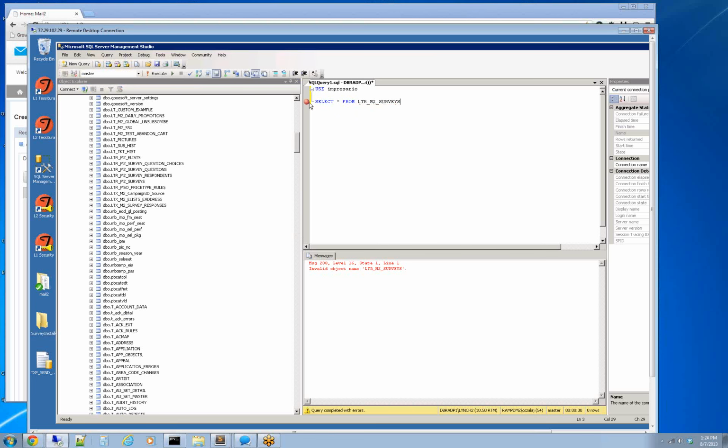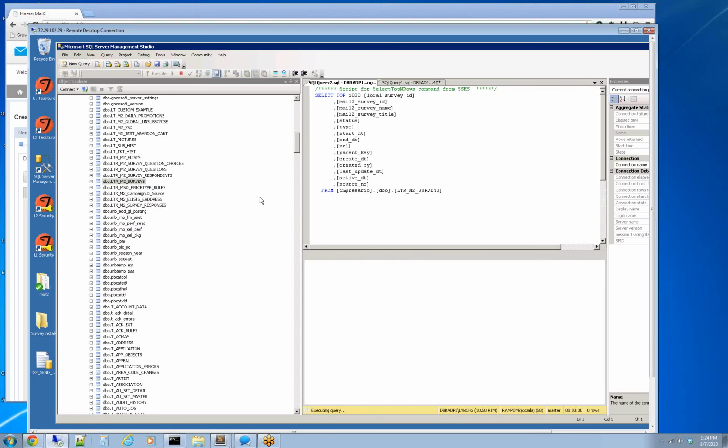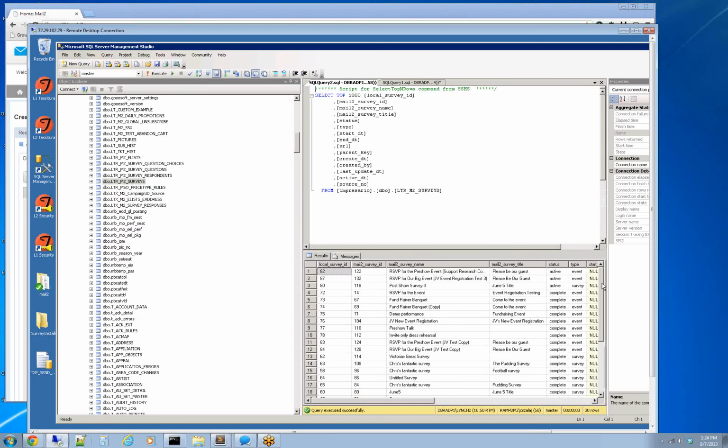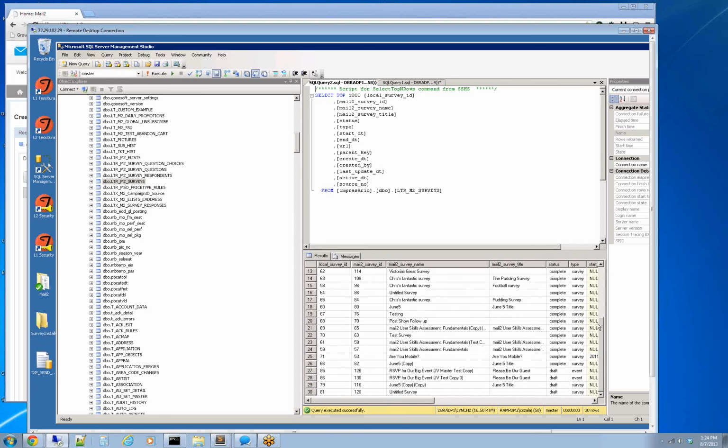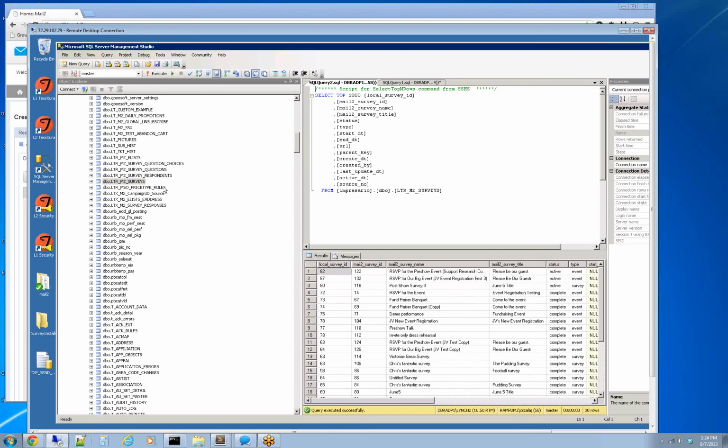All right. So we've got LTR-M2 surveys that keeps track of all of these surveys themselves. You can see all the surveys that I've created here and all of my testing. We've got LTR-M2 survey question choices, LTR-M2 survey questions, survey respondents, and then survey responses to track all the responses back into Tessitura. All of this information gets backfilled after you activate the survey and you start collecting responses from